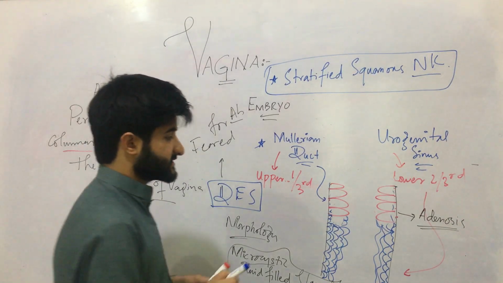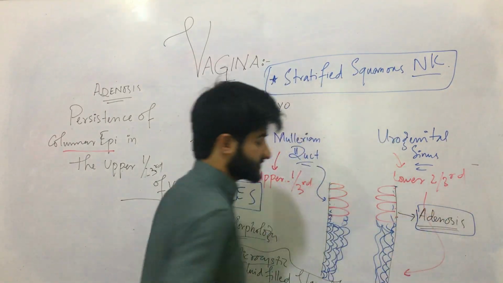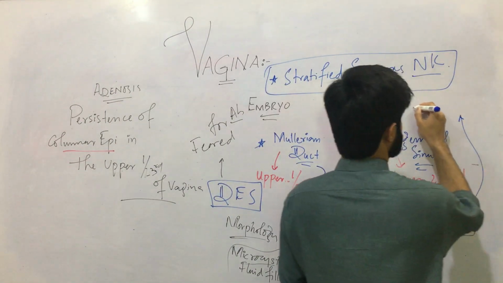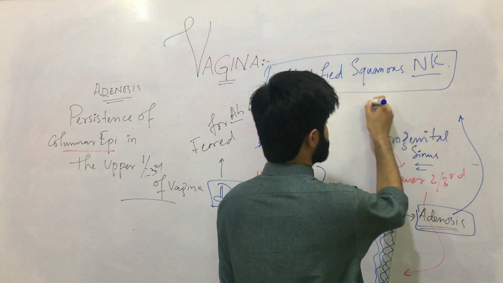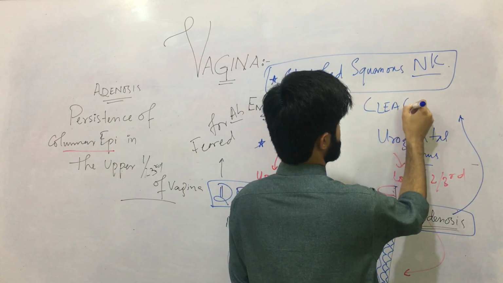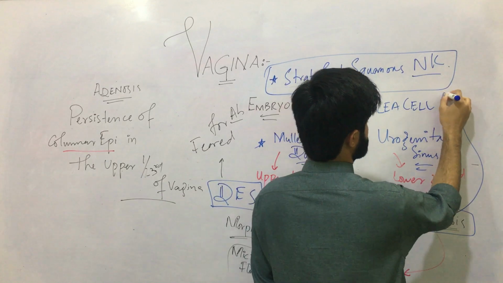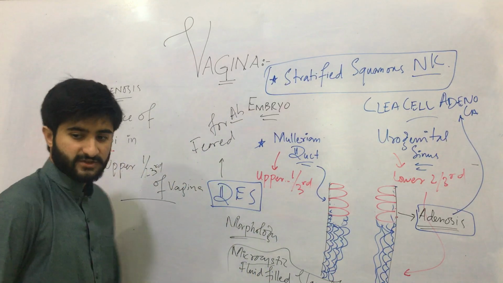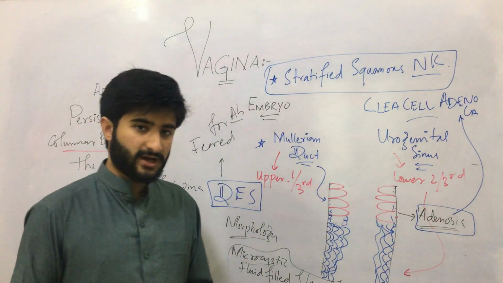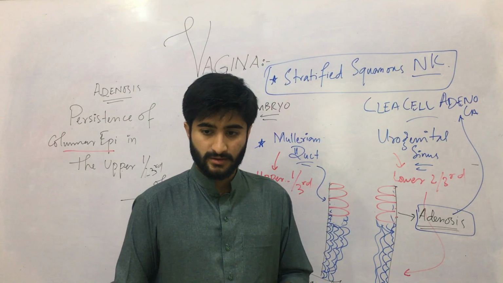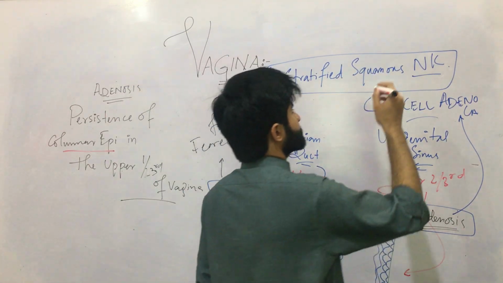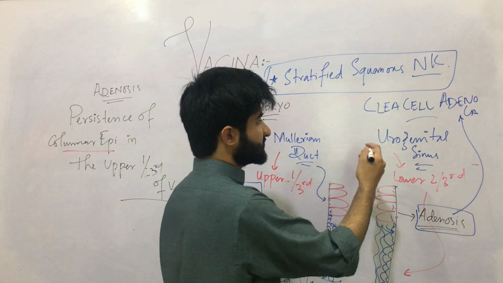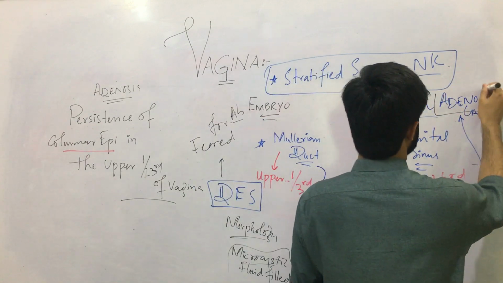Now, if a female is having adenosis, this adenosis can complicate to what basically our topic is: clear cell adenocarcinoma. And why adenocarcinoma? When will a carcinoma be called adenocarcinoma? Because it has a shape which is similar to the gland, because of its nature, that is glandular in nature. As it is glandular in nature, it is known as clear cell